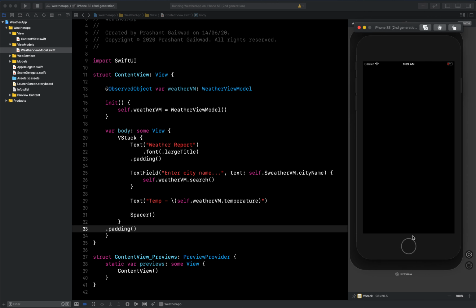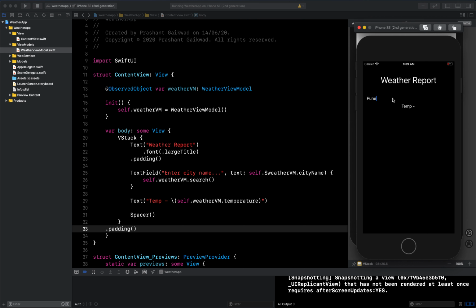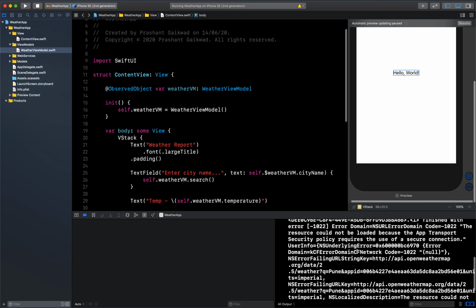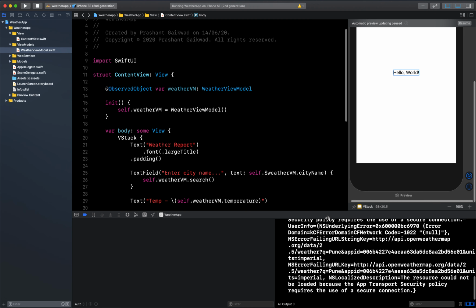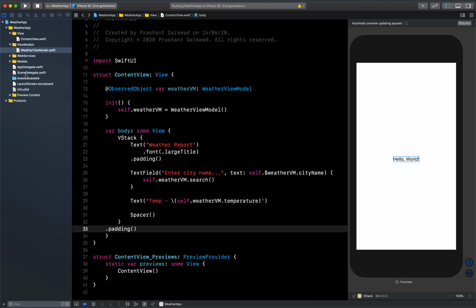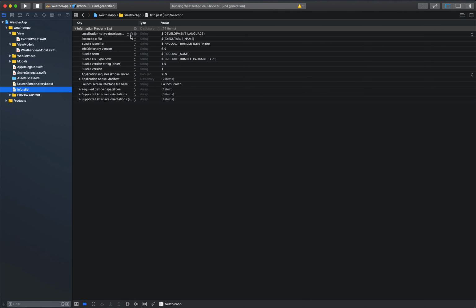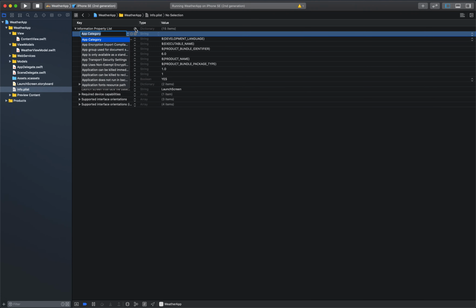Hopefully it works. There are two more things I think we need to do, but let's test it first. Let's write Pune and press enter, and you can see we are getting some errors here. This is because there are two things we need to do. First, go to Info.plist and make sure you add allow arbitrary loads.